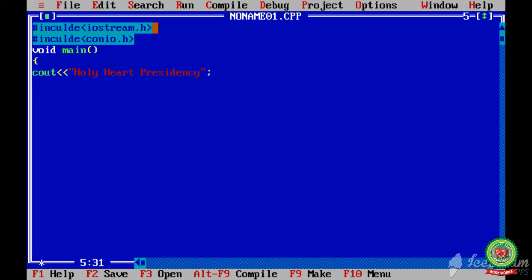At the end we will use this semicolon and we will write getch, round brackets, semicolon. getch is used to get the result on the output window. cout is whatever we want to print and getch is used to display the result on the output window. And as usual at the end we will use semicolon and I'll use the bracket to close. That will end my program.